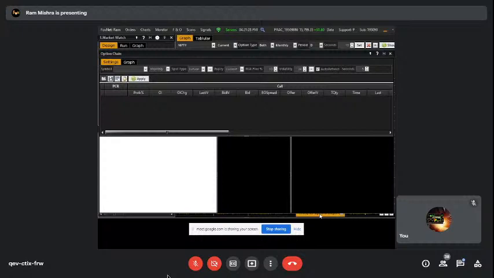So on the screen there is the option of option graph. Ram, you have recognized it. Start again, because there was no sound at all for the last 20 minutes. Okay, thanks.